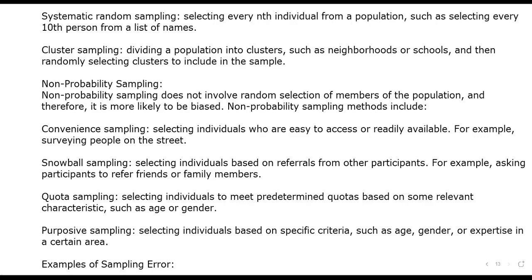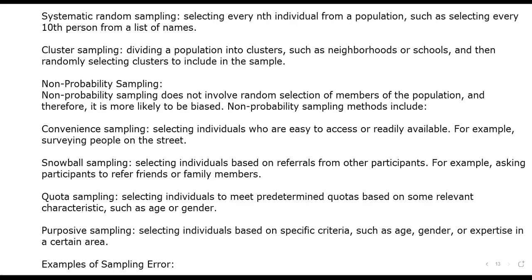And where we go to the cluster, you divide the population into clusters, like neighborhoods. For these people who came from this school, then randomly select the clusters, including the sample. So you pick the whole cluster as a group to say, okay, the schools, we've picked 5. The neighborhoods, we've picked the cities, we pick them smaller. Yeah, the similar procedure. Then we go to non-probability sampling,